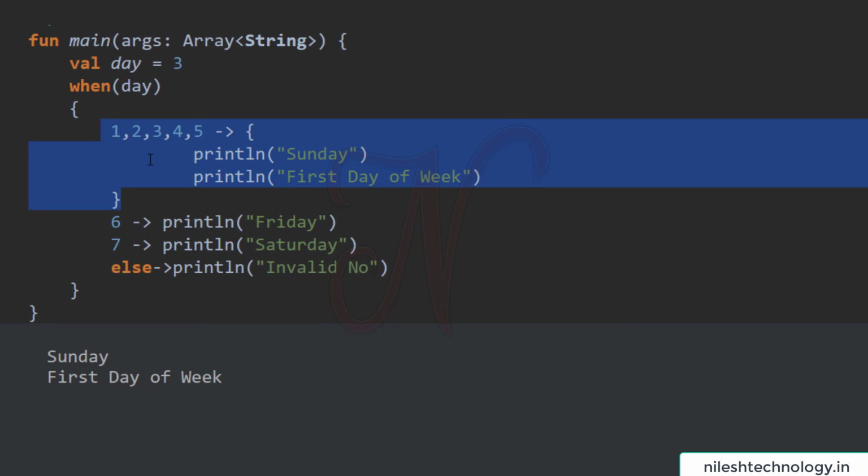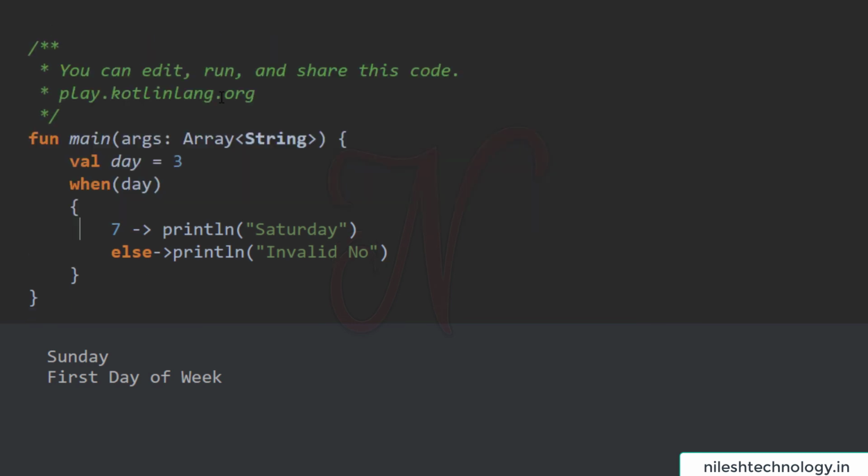The range is created by using the dot operator. We have already seen it in the for loop. So this range is also used in a when control statement. So let's see one example using range. Here we remove these cases, and for example 1..7. So this is println Saturday. So see here, run: Saturday. It means your case is between 1 and 7. So the in keyword is used to give a range.